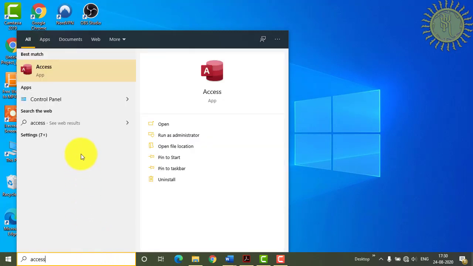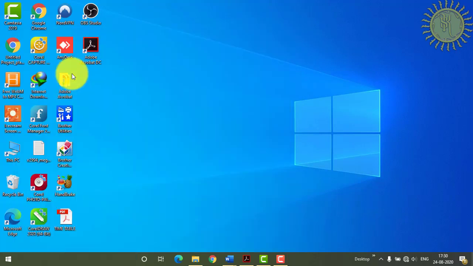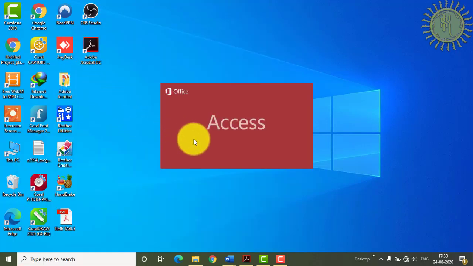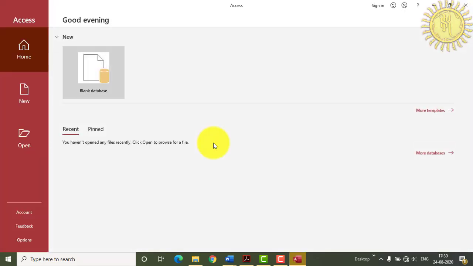You can see that the Access app has appeared, and after clicking on this Access app, your Microsoft Access will start. Like this you can open your MS Access, and this is the first view of your MS Access.